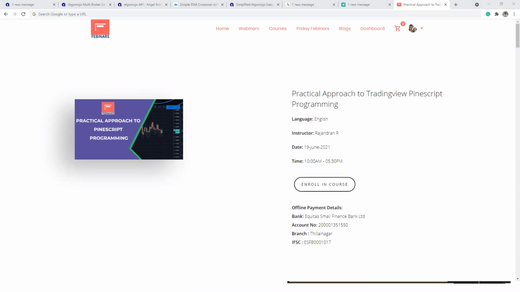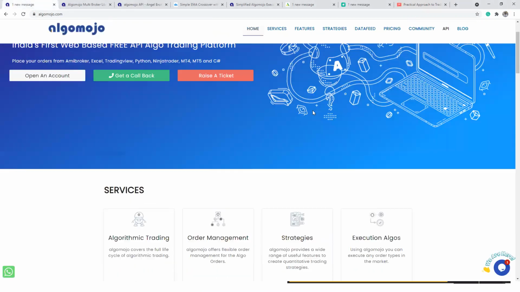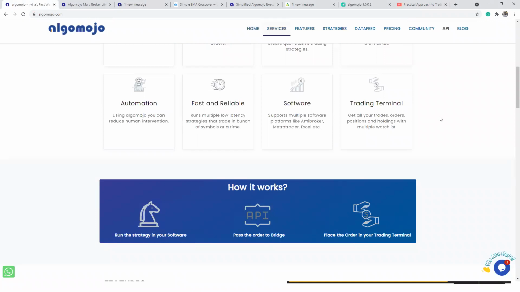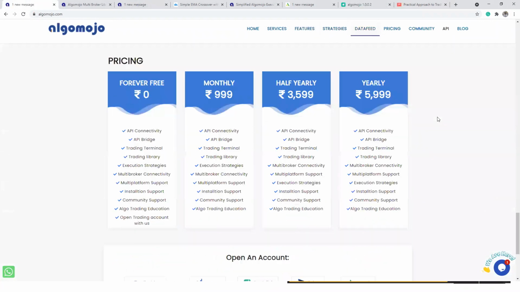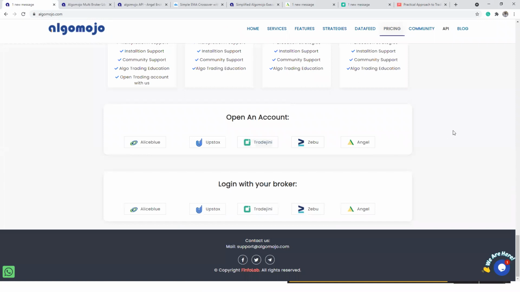So Sri Danya is asking, if I want to open an account through Algomojo, which broker would you suggest? See, as I said, we are mostly broker neutral. We don't refer to any particular broker. What we are providing is a choice, where you can go and open an account under your own favorite broker. Tomorrow you will be seeing more and more brokers. Generally we don't recommend brokers because we always want to be broker neutral. You can go and choose the broker account under Algomojo.